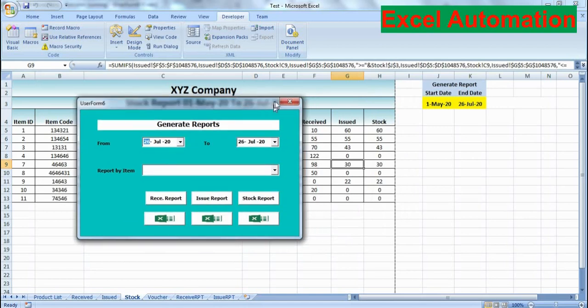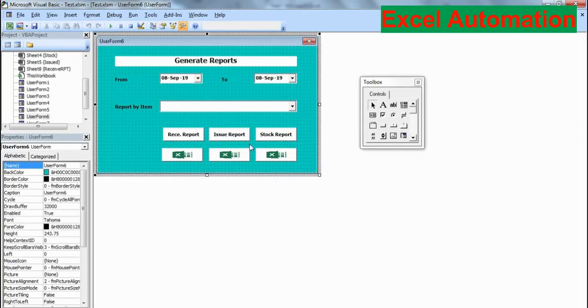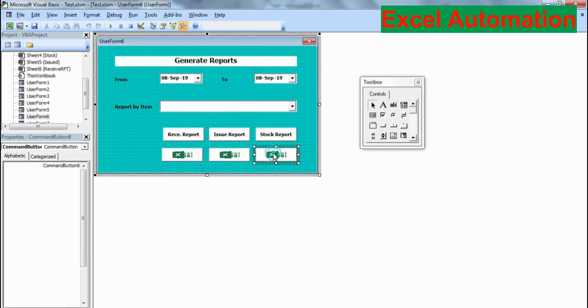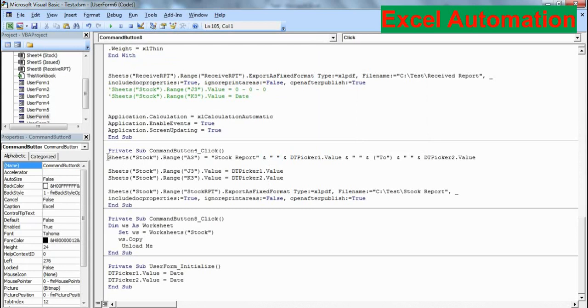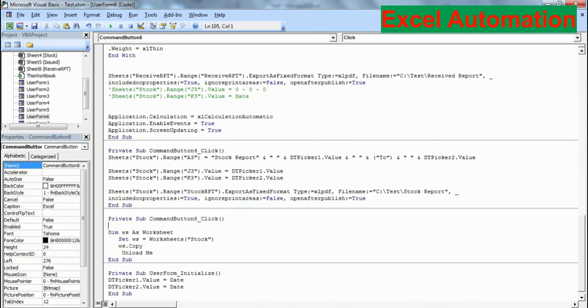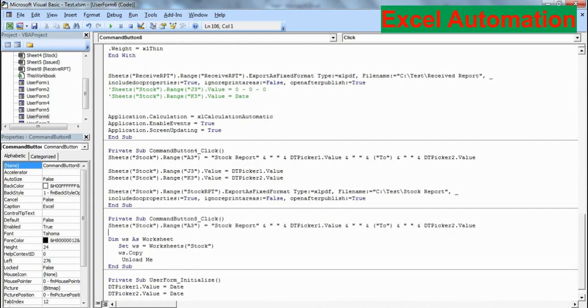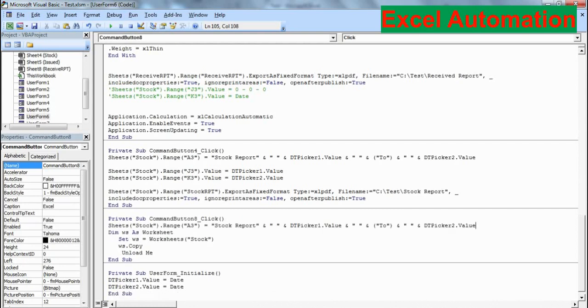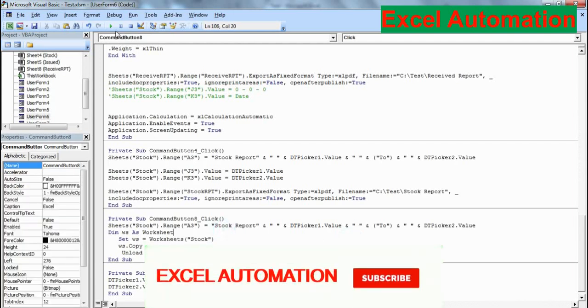First of all, before I generate this, what we have to do is paste this line of code here, so that the report is given the dates also. This is the same coding which we used right now for generating the stock report in PDF file.